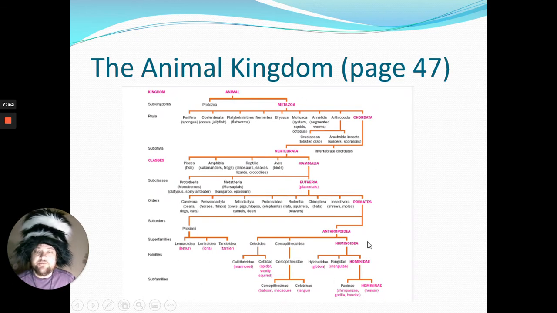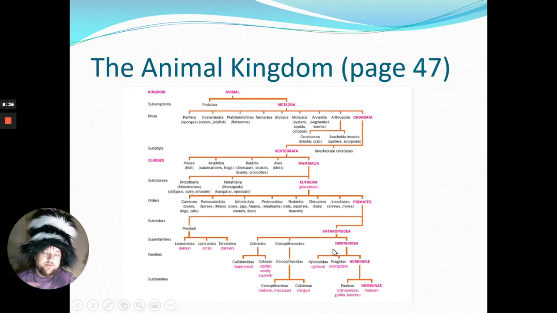So here is, and this is from page 47, a screenshot, and so you have the animal kingdom, right, and the divisions within the animal kingdom. So phylum, right, Chordata, subphylum, Vertebrata, classes, you have different classes. So we're mammals, but there are all these other classes here, and then within mammals you have other divisions. So it's like a giant filing cabinet, right, categorizing things depending on the relationship. And then this goes all the way down to, here they stop at subfamilies, but then you do have some species listed down here underneath, right? So